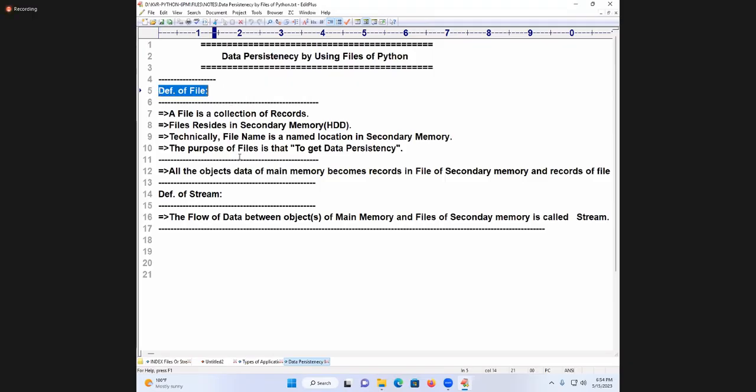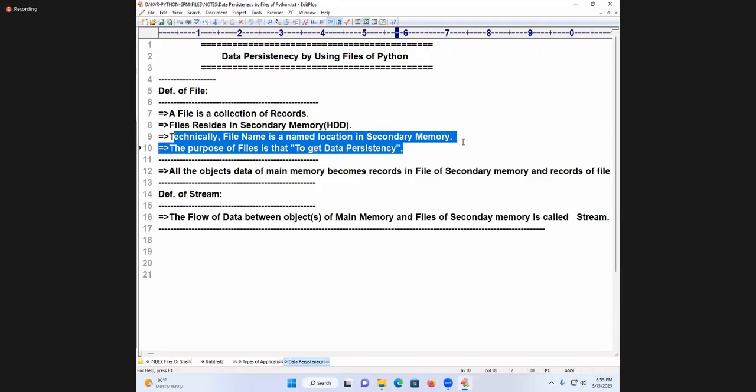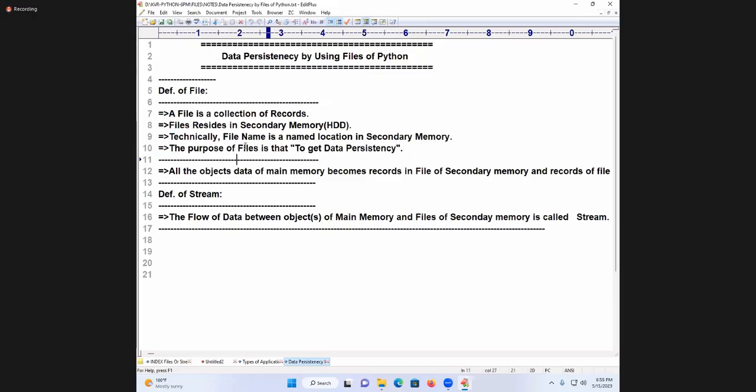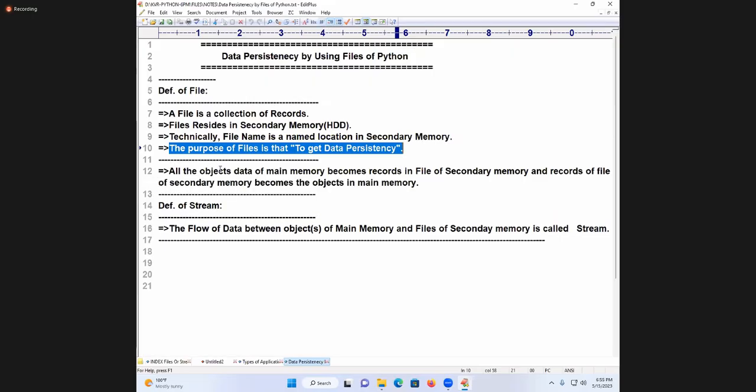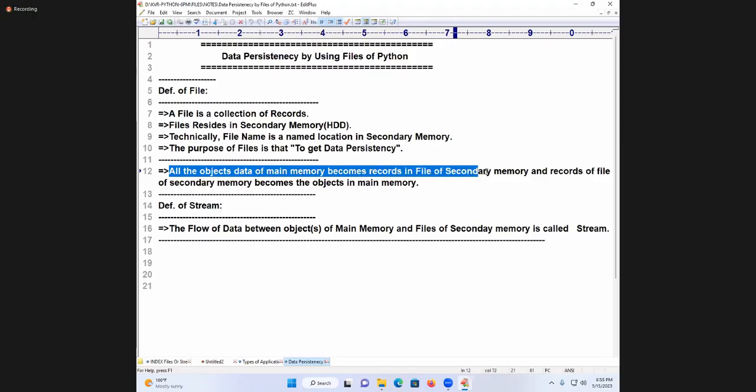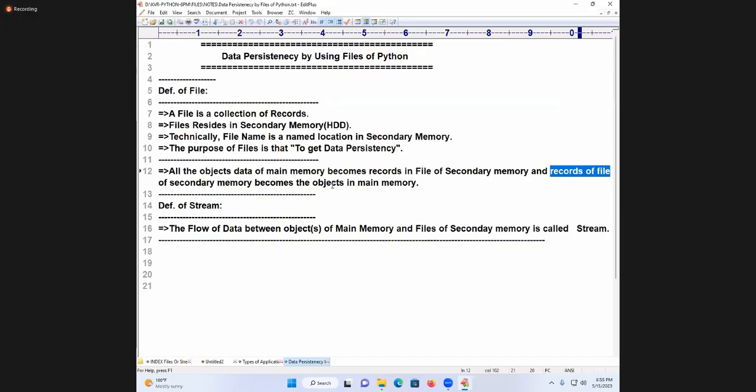Definition of file. Slowly I am coming to the topic. A file is a collection of records. Files reside in secondary memory. Technically, a file name is a named location in secondary memory. The purpose of a file is to get data persistency. All object data of main memory becomes records in a file of secondary memory, and the records of a file of secondary memory become objects in main memory.